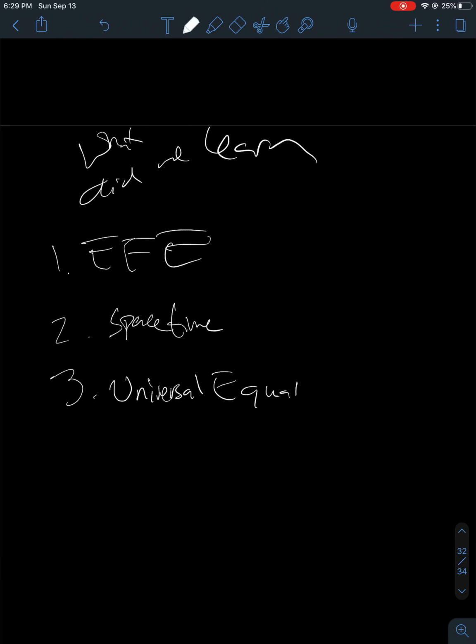Now, what is the universal equation? I actually haven't explained that yet. Well, the universal equation is an equation that describes everything in the universe. It just unifies everything in the universe. And the universal equation is what Einstein worked on in the last years of his life. And it has been unknown for centuries until now. I will write out the universal equation right now. The universal equation is K equals